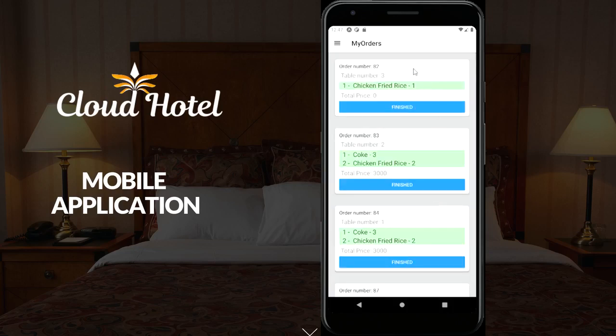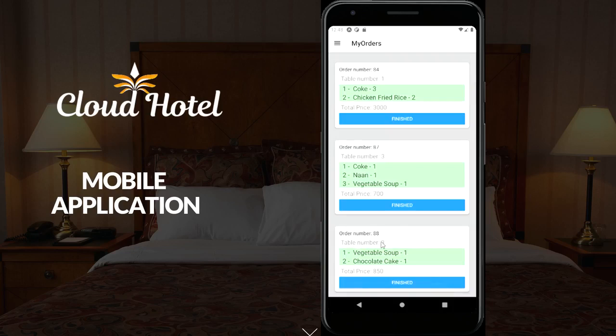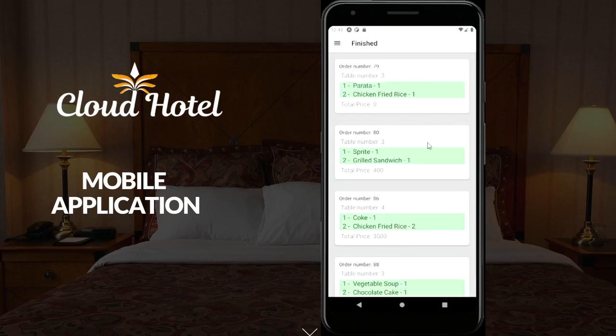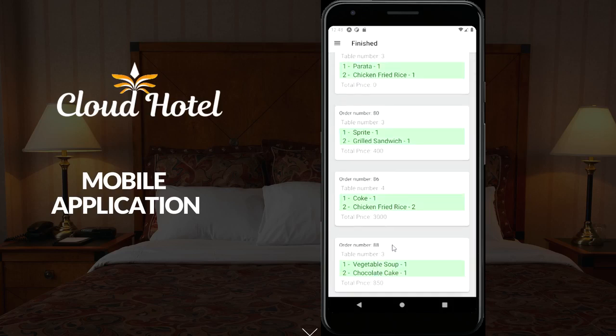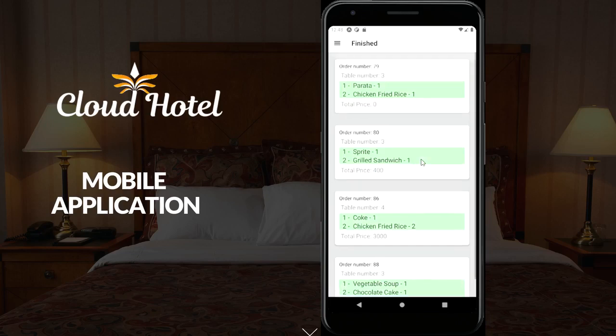he will be redirected to the page My Orders, which will display the orders that should be prepared by that chef. We can see the same order number 88 with the table number 3 and the same menu items here. And if he finishes that order, he will press this finish button, and now that order number 88 will be changed to finish state. Here we can see all the orders that have been prepared by the chef so far,